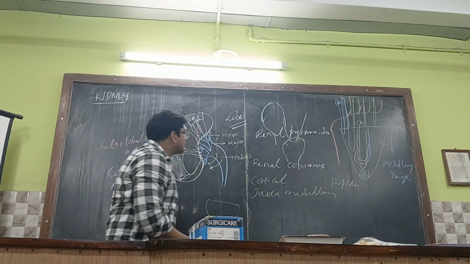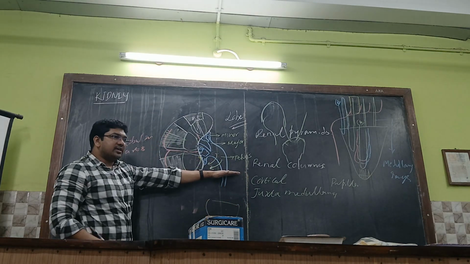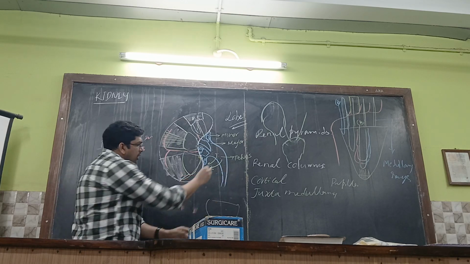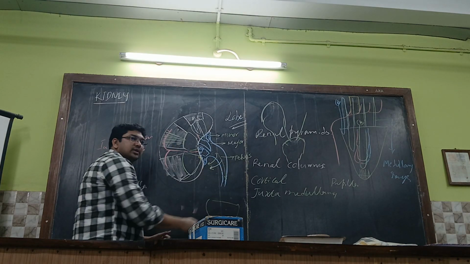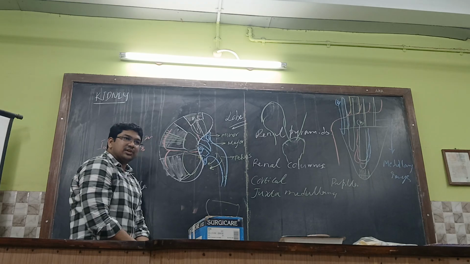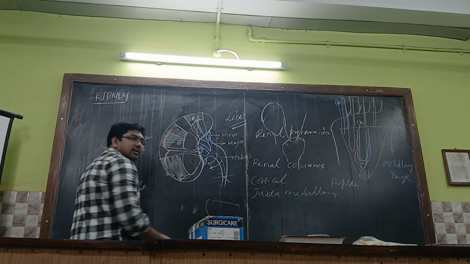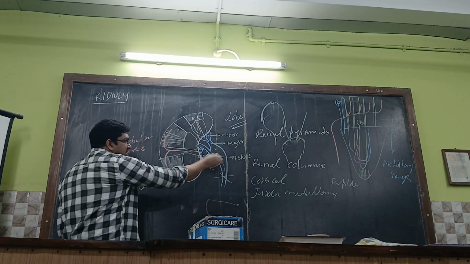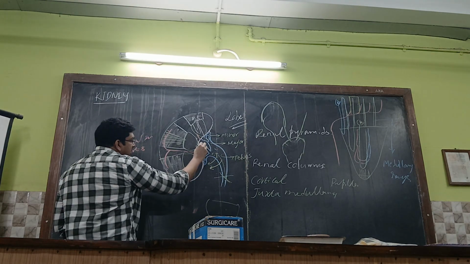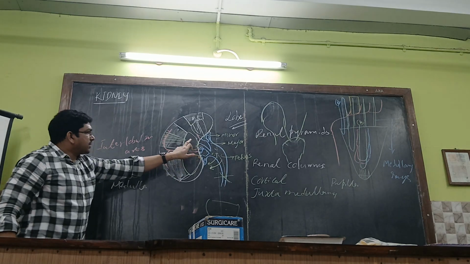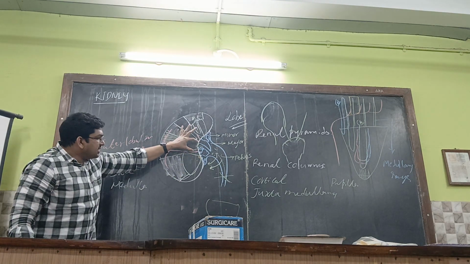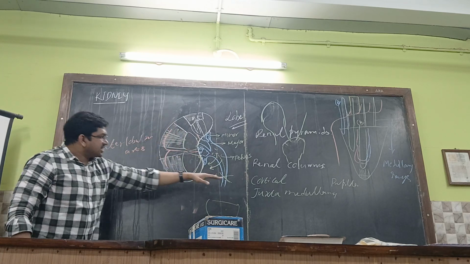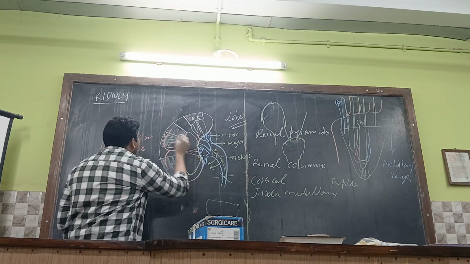Exactly. Obstruction, absolutely. If there is any obstruction over here, the pressure of the urine will back up, just like portal hypertension. Normally with some pressure, the urine drains into the urinary bladder because of the contraction of the musculature. But whenever there is a block because of a ureteric stone or whatever it might be, the urine will collect over here and exert reverse pressure. So this concavity will become convexity, exerting pressure over the renal medulla, creating the pain. Getting it? So in case of ureteric stones, there will be backup pressure, that is called